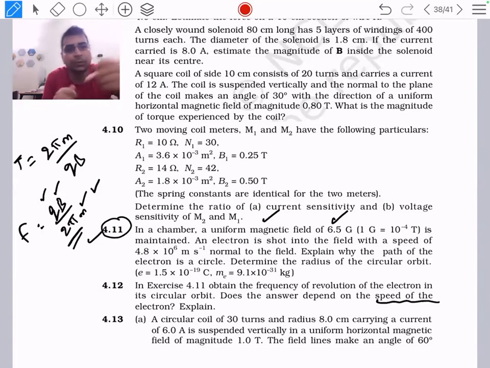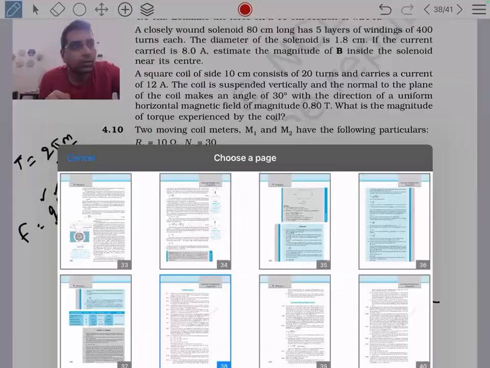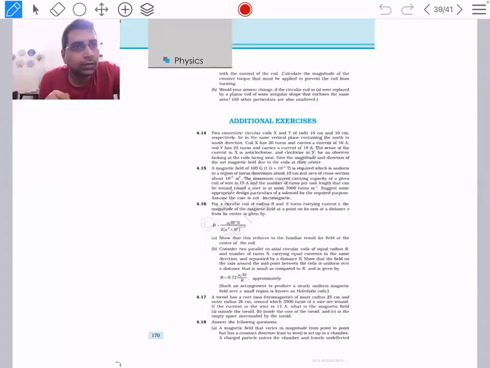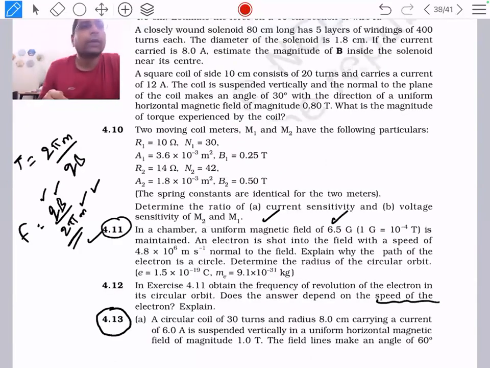Let's try the 13th question. So there is a circular coil. One minute, let me see if you can do it. Three lines make an angle of 60 degrees. No, I cannot do this. Not taught this concept. Okay, we'll go to the next one. We'll go to the next concept, that is